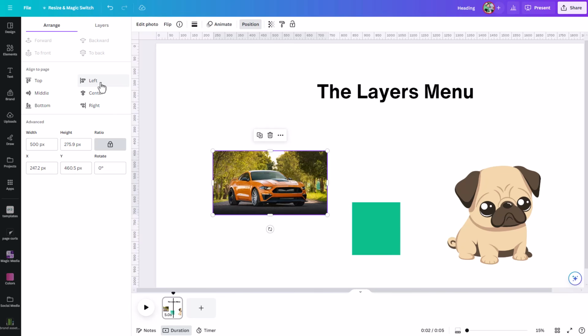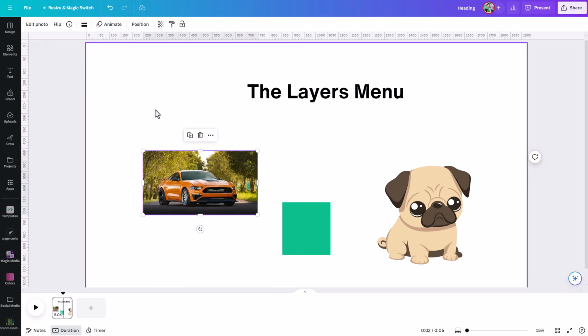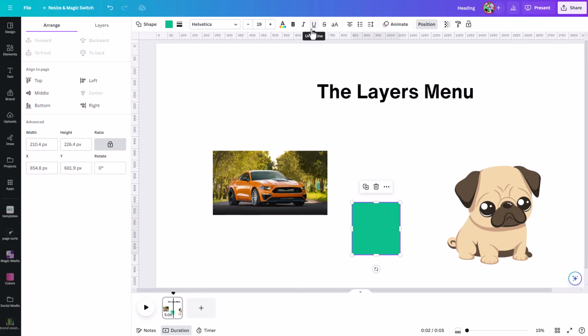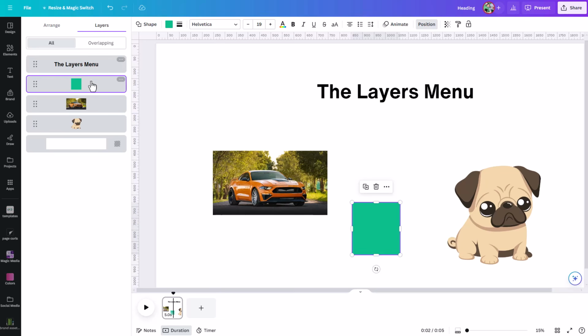in relation to the page and in relation to each other, but we also have this layers menu option, which is super important. So let's just talk about the layers menu for a second. So I'll click out of here, and if you remember before, you're going to bring that menu back up by selecting any object and going to the position menu. So I'll select this rectangle, we're going to go to the position menu, and instead of under arrange this time, let's go to layers, and under layers, of course, this is where we can see all the layers in our